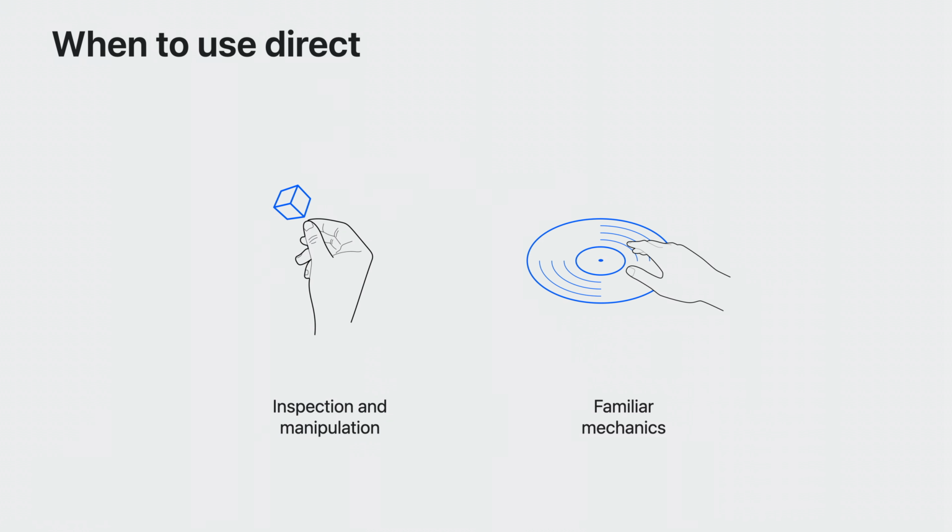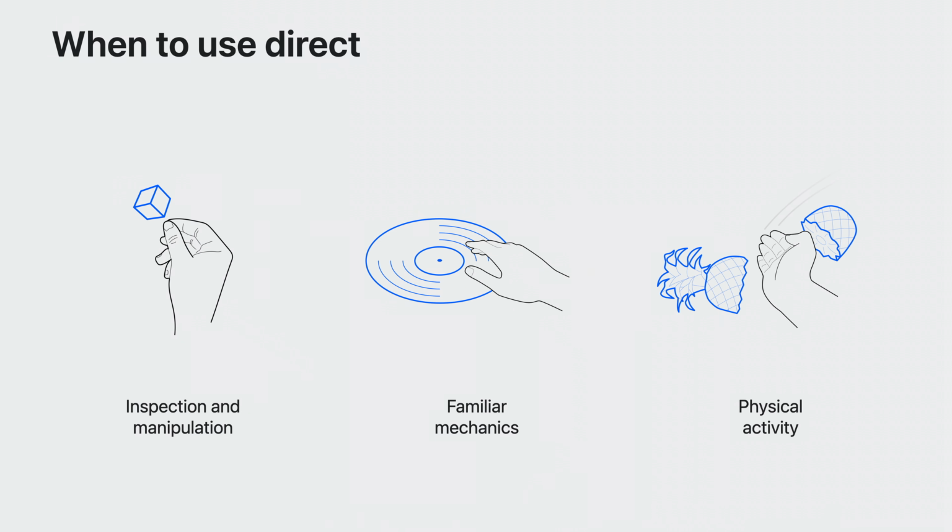When designing for direct interaction, we have to keep in mind that holding hands in the air will cause fatigue after a while. Still, certain apps will benefit from placing content within arm's reach for direct touch, like experiences that invite up-close inspection or object manipulation, or any interactive mechanic that builds on top of the muscle memory from real-world experiences. And generally, when our physical activity is at the center of the experience.